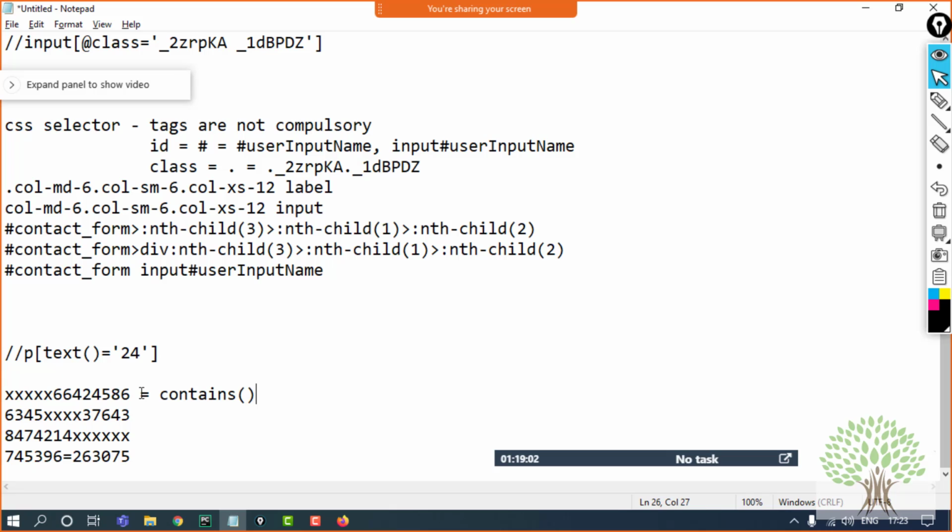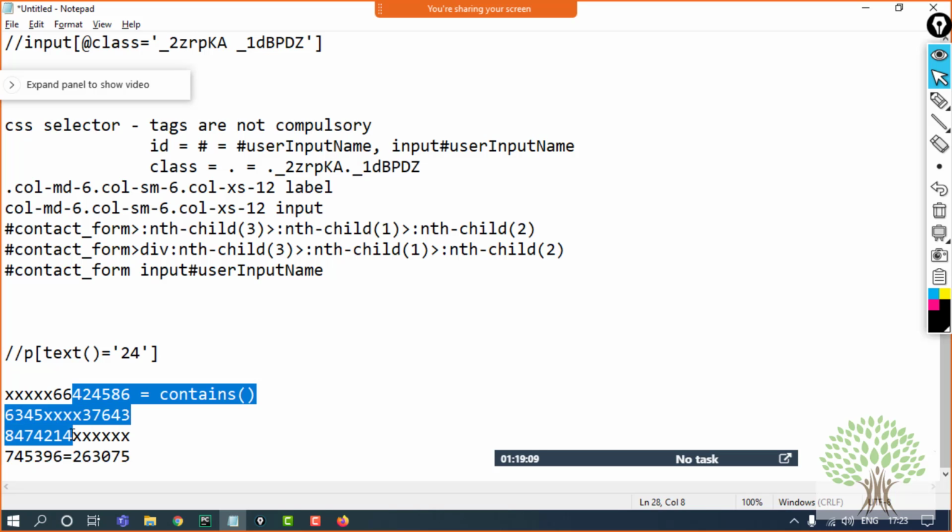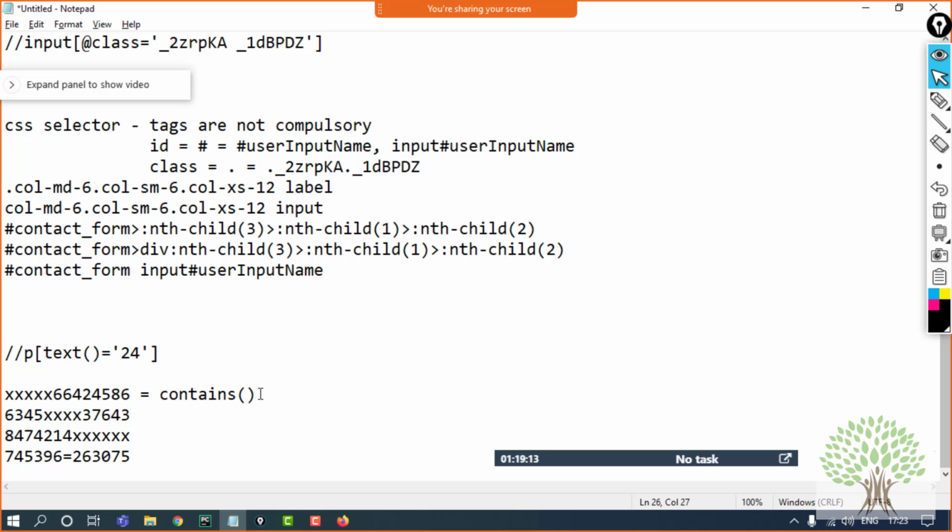This contains function is going to work fine in these 3 cases. Along with this, there is another function which will only work for this particular case, and that is the starts-with function.